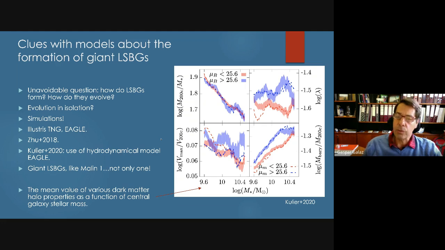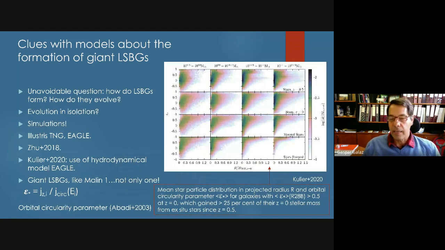But in general, you observe the same things that you observe in giant LSBs. For example, the angular momentum tends to be higher in LSBs than in normal spirals. When I say normal spirals, I mean high surface brightness spirals. Also, the rotational velocity tends to be high in LSBs. The baryonic mass tends to be a little bit higher in the central stellar mass, in the central mass, not in the periphery. There are other things here. I give you this for reading directly in the slide.